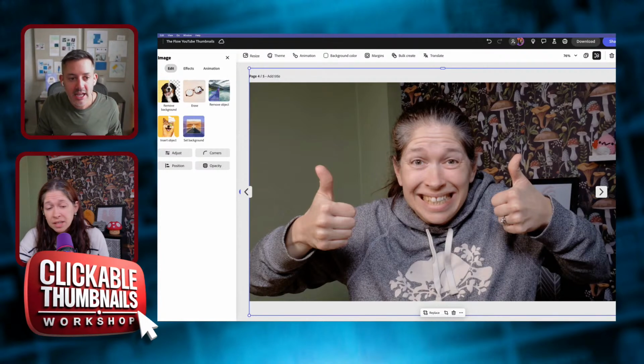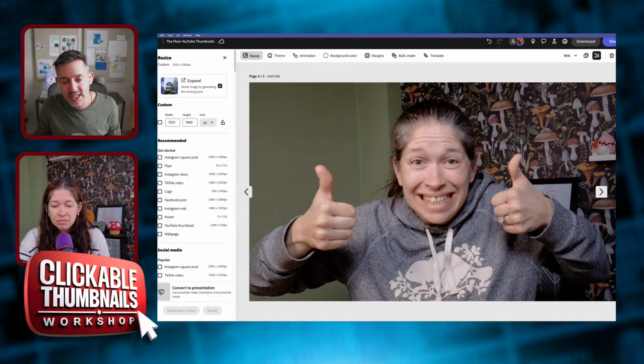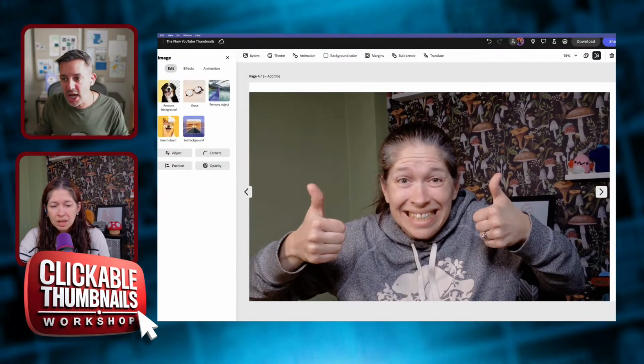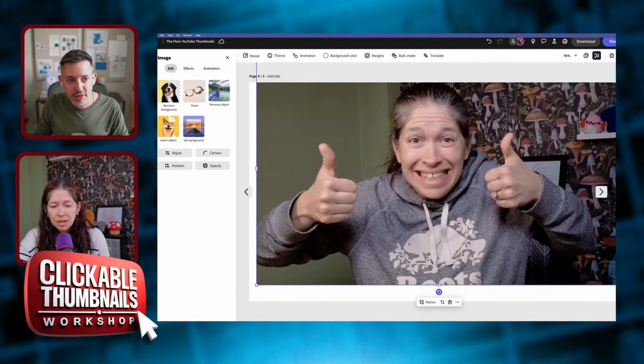Okay, that makes sense. Yes. So we have not removed the background. This is a flat PNG or JPEG, but no transparency. Click resize up here. And this handy little gizmo right here called expand, resize image by generating the missing parts. You want to enable this. This will not be an option if the image does not go full width, either top to bottom and or